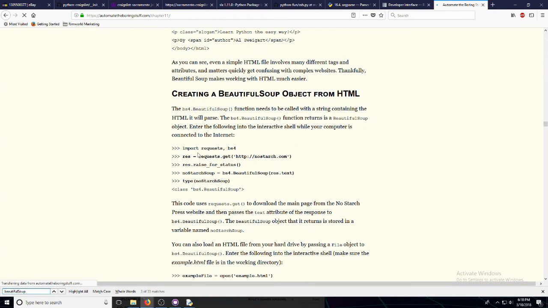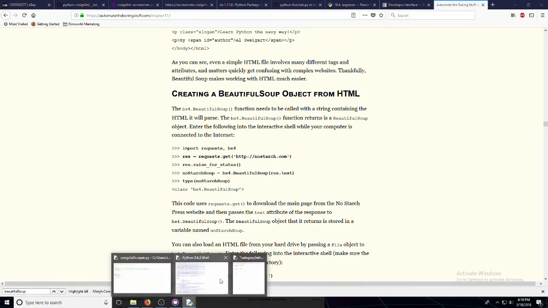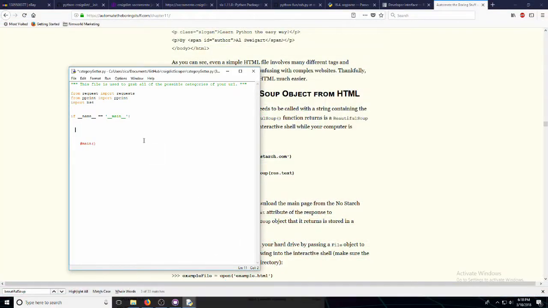So we created a Beautiful Soup object by doing get request raise. Yeah, we have to do that too. Or I don't like doing that. Okay. So we're going to make a request to the URL. So we're going to say that URL is equal to